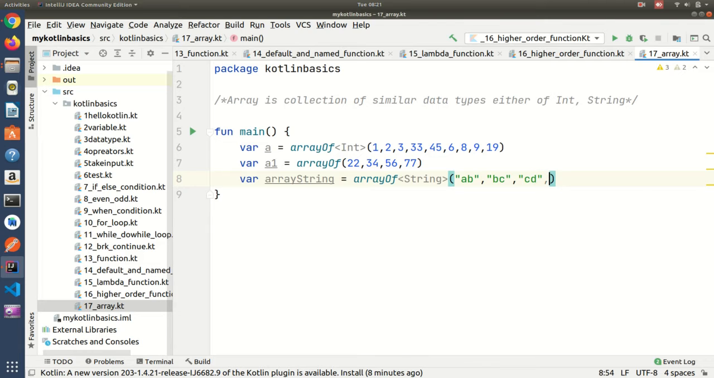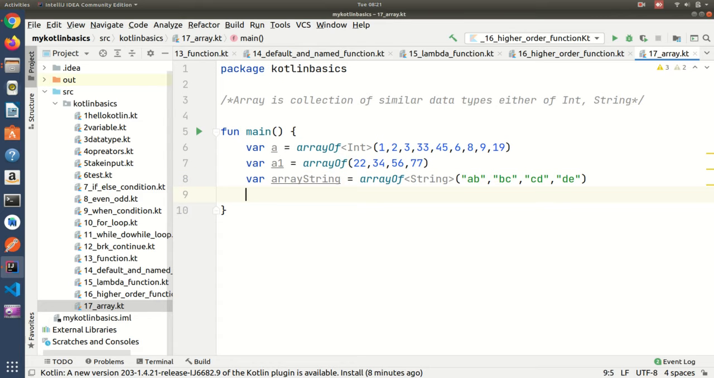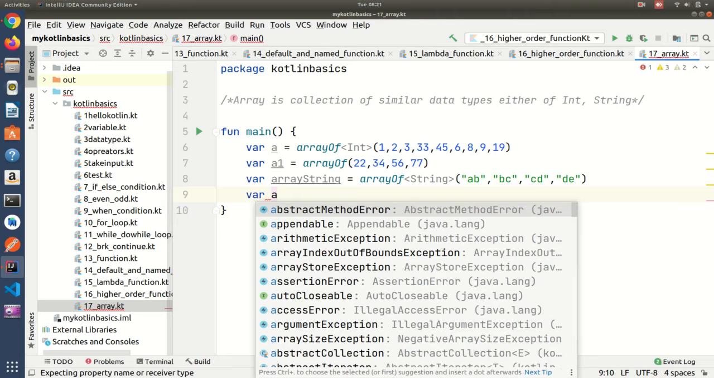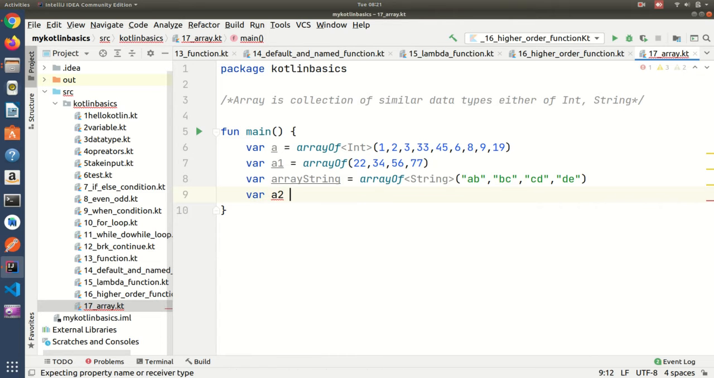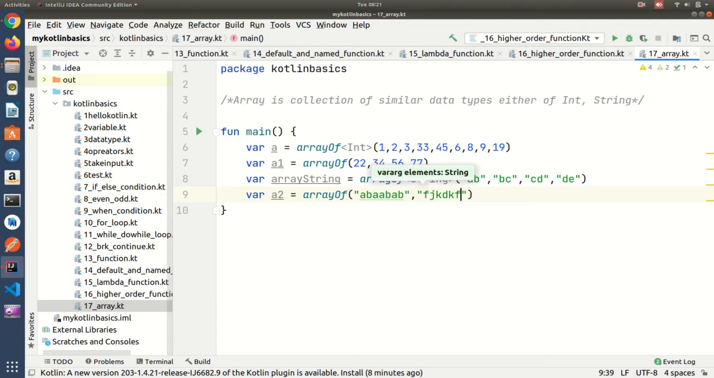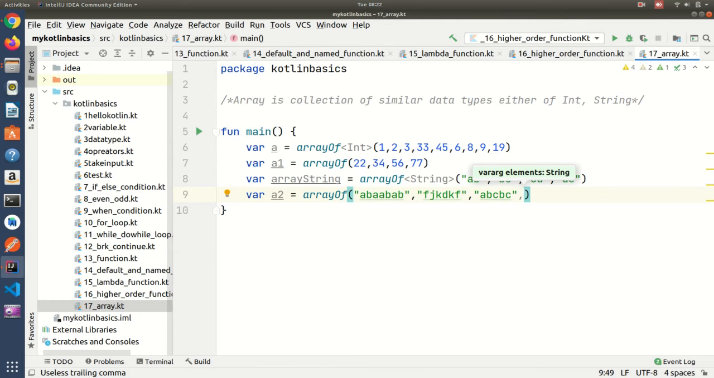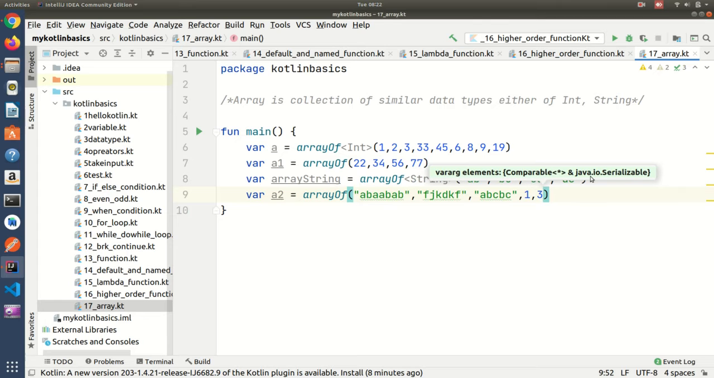cd. And again, if you want to make an array with both string and integer values, then for that, array2 is equal to arrayOf, you can write 1, you can write a, b, c, d, some set of strings,